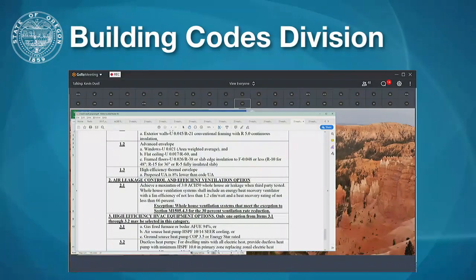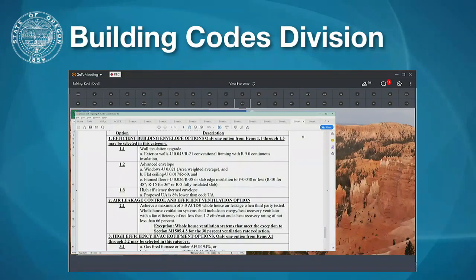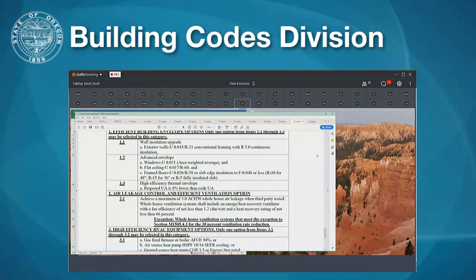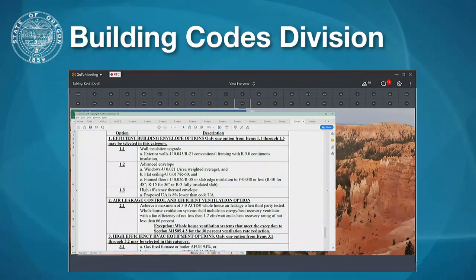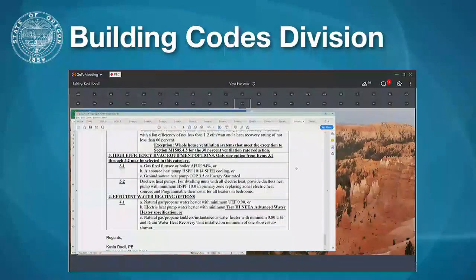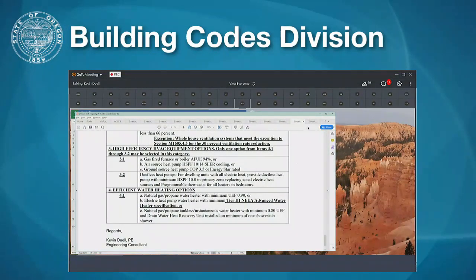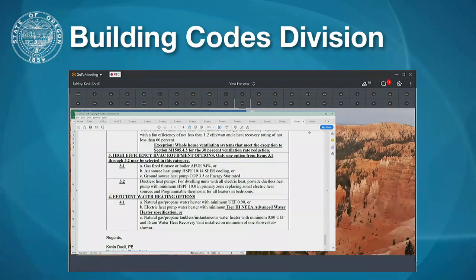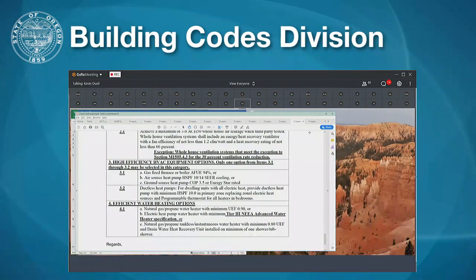The thought was to maintain the simplicity of the existing code, partly to maintain the high compliance rate that we have, but also because these measures work somewhat independently. And the thought there too was that this allows a builder to have an all-electric home, a gas electric home, however they want to arrange their fueling, they can accomplish these paths. It's literally the table that we have now, rearranged a little bit, with another measure added.